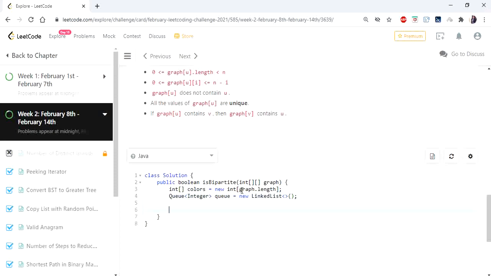Since our nodes are numbered from 0 to n, I'm gonna just initiate a number from 0 till the length of the graph.